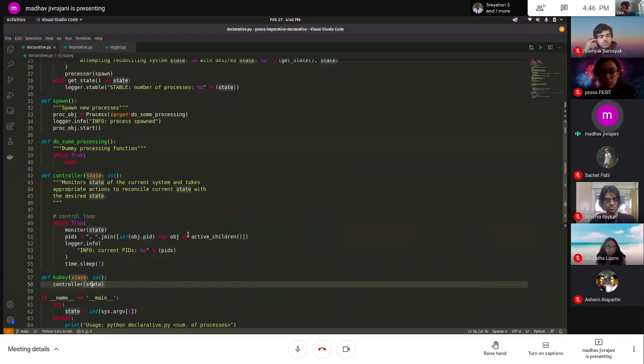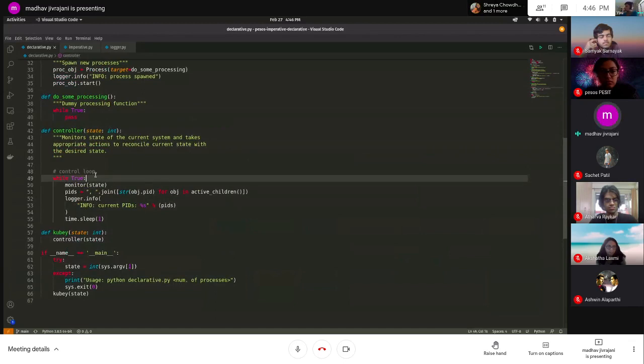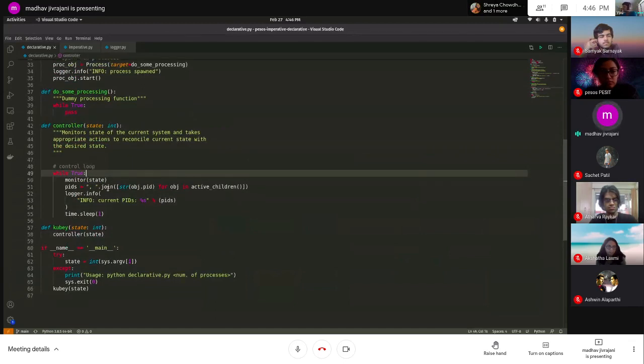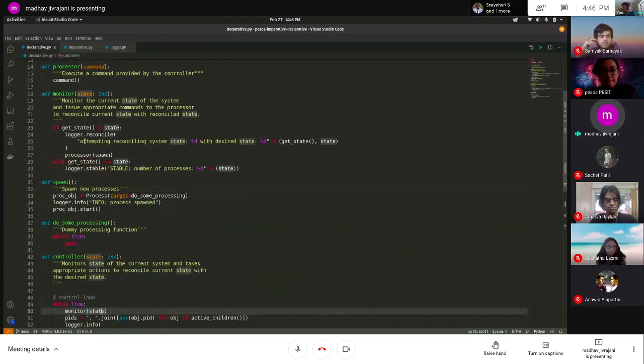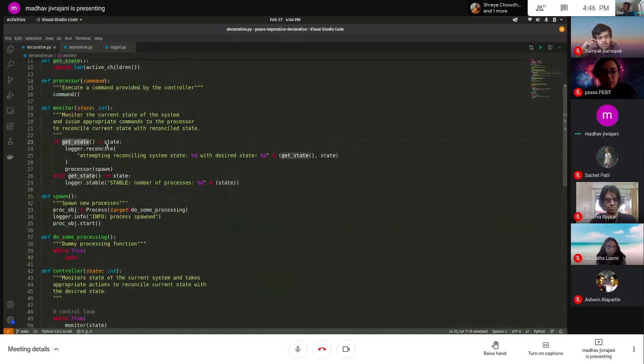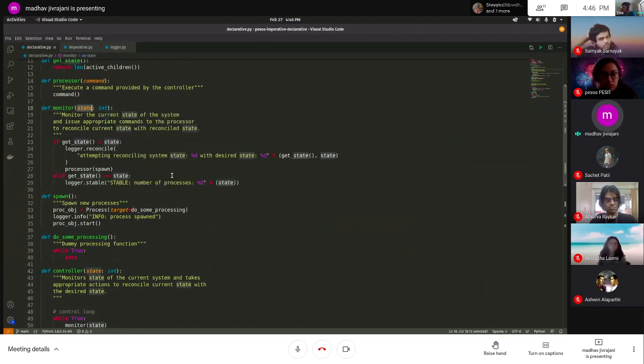The controller is our control loop basically. It is a continuous loop, and it monitors the state of the system constantly. When I say monitor, it checks: if my current state is less than the state that I want. Our state is basically how many processes we want to make sure are running.